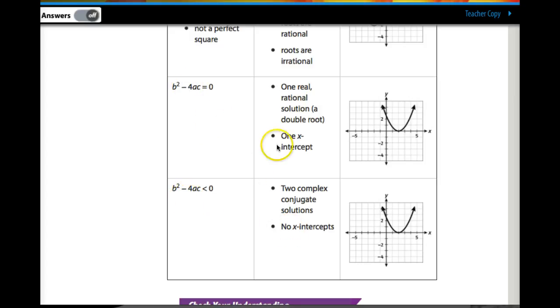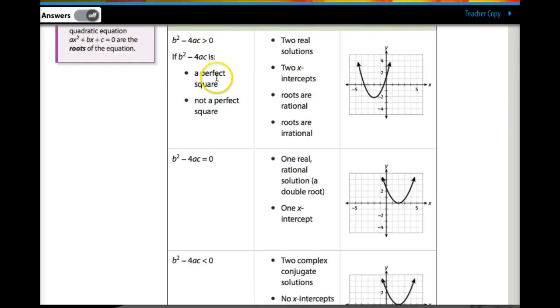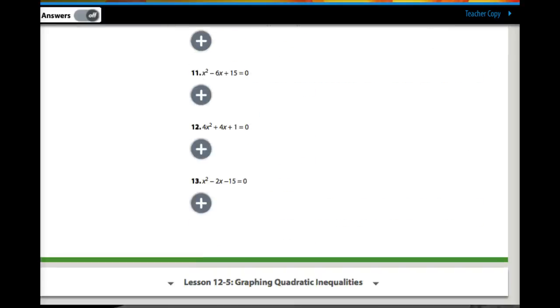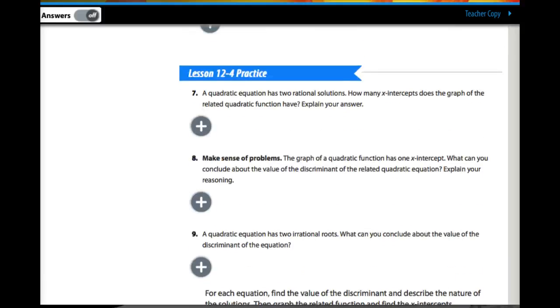Discriminant 0, one real rational x-intercept. Then up here, discriminant positive, perfect square. That means two real rational x-intercepts. Positive but not a perfect square means two real irrational x-intercepts. So the first part of your homework, if we scroll all the way down to the practice,